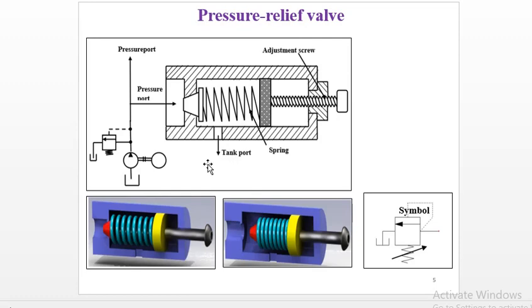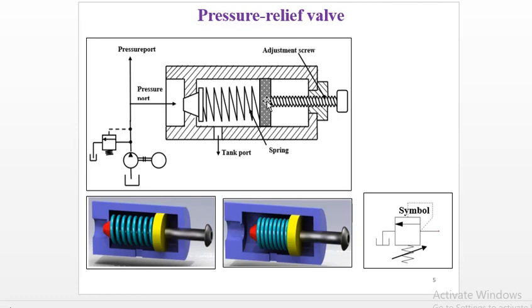So here you can see the arrow is there. This valve is normally closed now. As we have seen in the upper table, the operating feature is normally closed. This pilot pressure is coming from the system. When the system reaches 100 bar pressure, only then will this pilot line actuate this valve, and it will open and go to the reservoir or the tank.